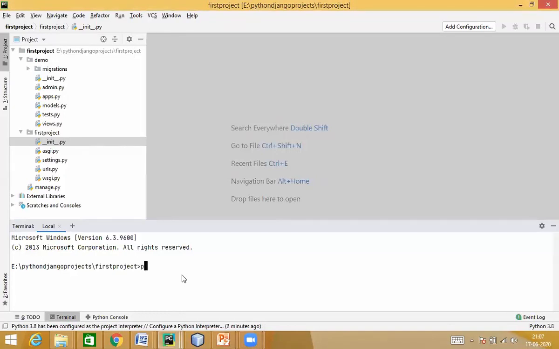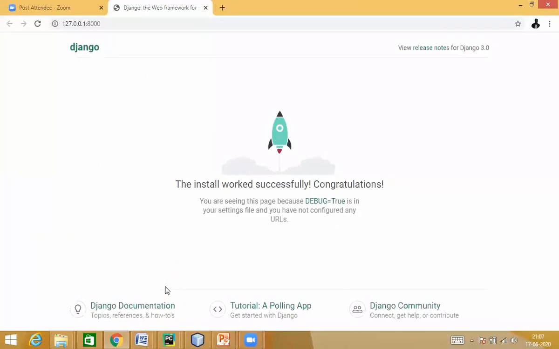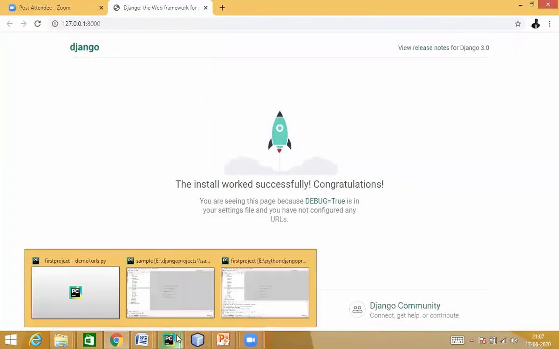My command is python manage.py runserver. Now this is a command which will be writing frequently. This is where I'm actually checking whether my server has been started properly. I click on this. It will start my Python engine. It will run my server. It gives me this particular path. Now when I click on this, it takes me to a page where I get this. If you see this screen, that means that your project has been set up properly. All is good. I can go ahead and start the designing part.